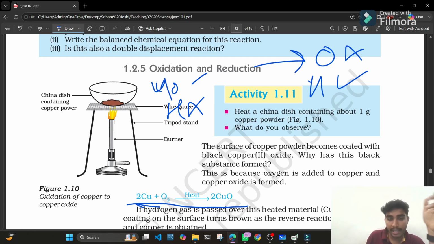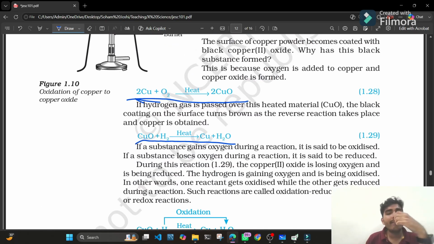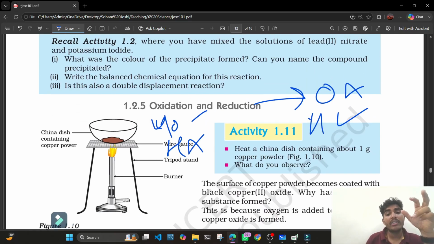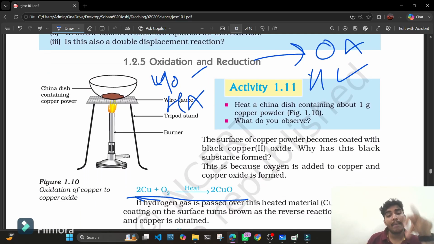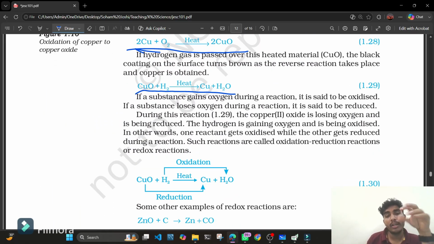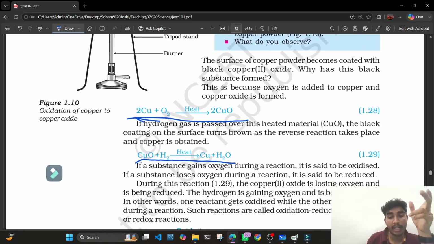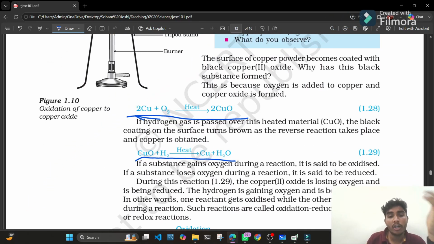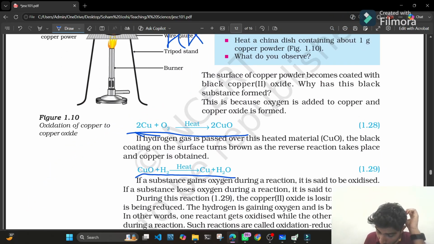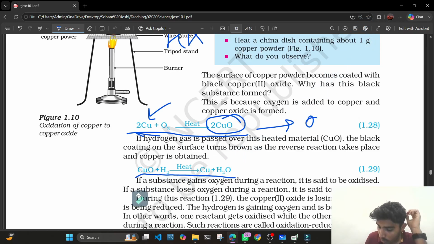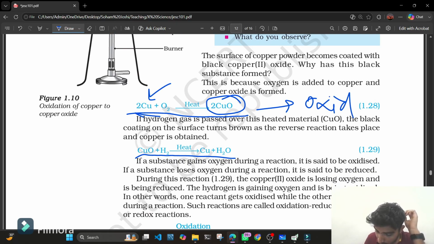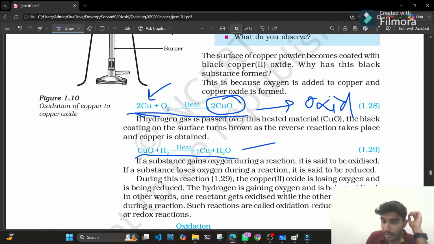दोनों में से एक भी हुआ तो भी चलेगा। ठीक है। So then what are redox reactions? So basically the reactions in which oxidation and reduction happen both simultaneously are called redox reactions। ठीक है, तुम यहाँ पे देखो, यहाँ पे कॉपर के साथ ऑक्सीजन मिल गया, तो this was oxidation। और यहाँ पे कॉपर के साथ से ऑक्सीजन निकल गया, मतलब ये हो गया रिडक्शन।